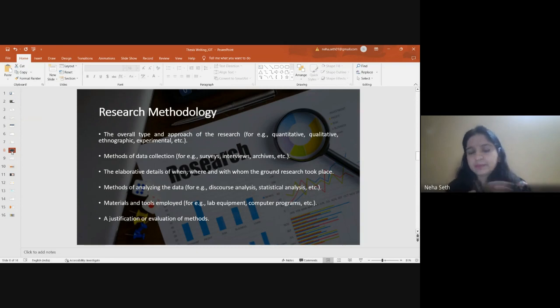I'm sure people from a social science background are aware of SPSS, and people who are using time series analysis might be aware of Stata or eViews. Nowadays R as a software is very famous amongst people who are especially using time series analysis. So what tools, programs, and software you are using for data analysis should be clearly mentioned, and not just that you are using SPSS or eViews. The version of the software should also be clear. If you're using eViews 10, I started using eViews when the eViews 5 version was available. Nowadays 10 and 11 are available, and my scholars are using these latest versions.